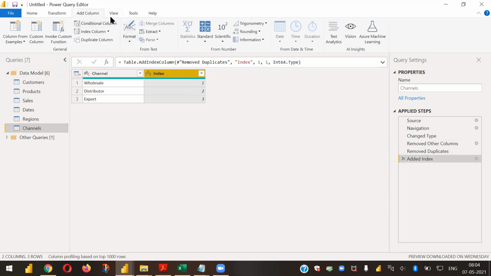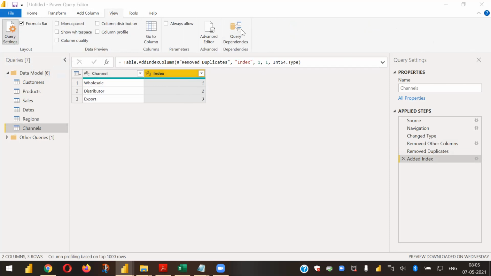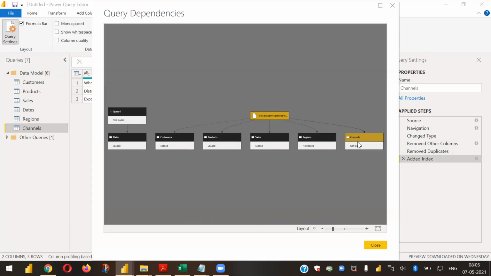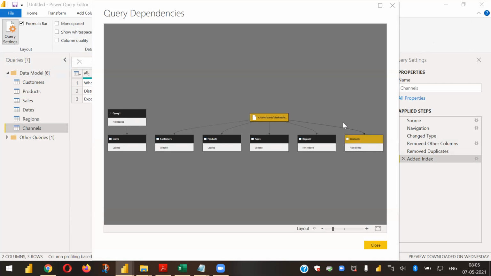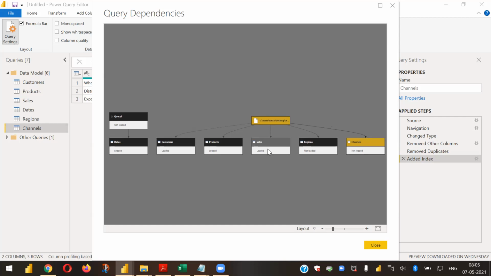Let's go to query dependencies. So channel is also kind of tweaking this part, but basically what I meant is you can always go from here and add some more queries. Your source will be this, and then you can see the flow of your data, how your flow is happening. So the first flow is this, and then it is coming here, and if you are trying to incorporate some changes, or you're picking this as your source, then the data would be different.